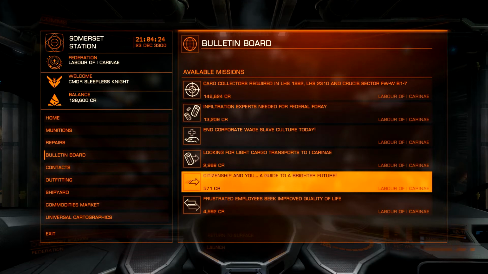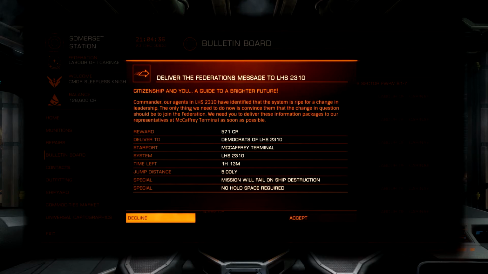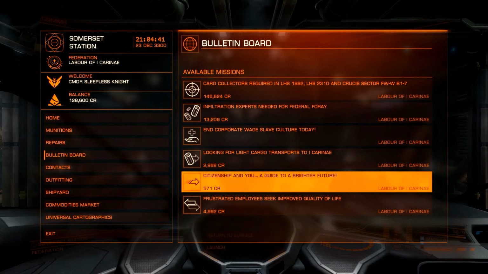These little things here are normally courier jobs which don't require any cargo space. See this symbol here? Doesn't require any cargo space at all, but they don't pay very well most of the time. So I've got to go to a different star system, and it'll cost me more than 571 credits to get there, so that's pointless. But sometimes they're handy to pick up at the same time as you happen to be going to that system anyway, maybe. You know, don't turn down 571 credits, I guess. It's not a lot, but...